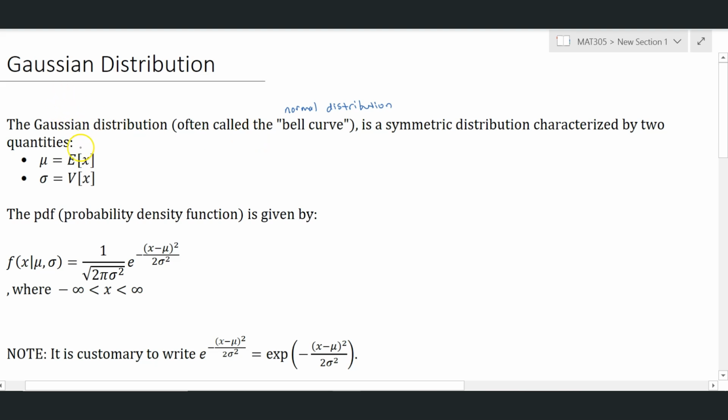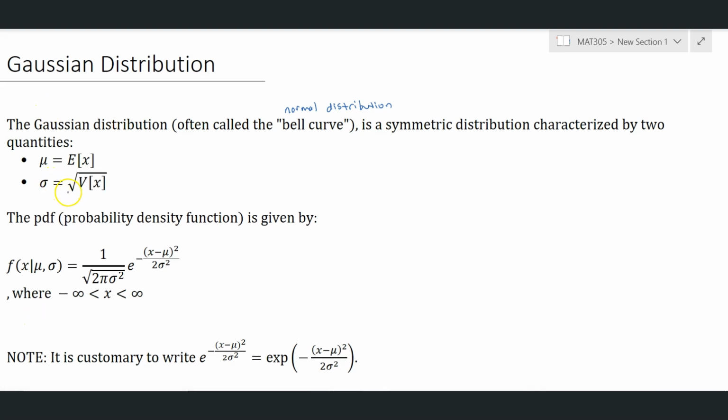As most distributions are, the Gaussian distribution is fully based upon specifying two quantities, and those are the mean and the standard deviation, or I should say the variance. But we can go ahead and specify that as the standard deviation, which is just the square root of the